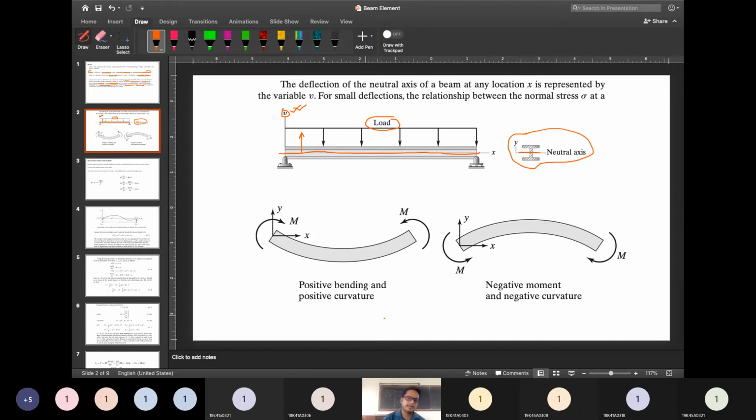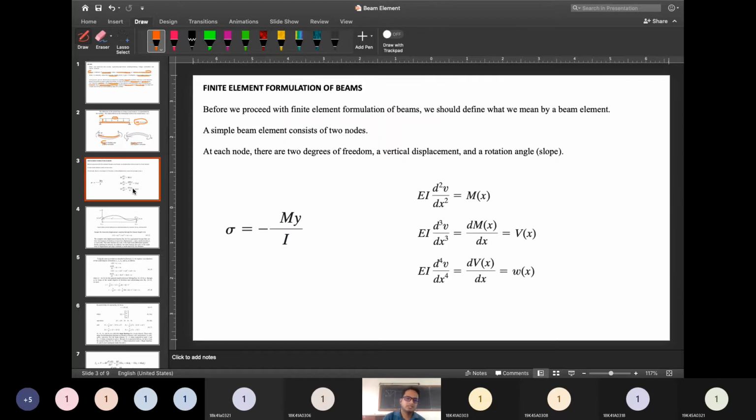Now, this is the sign convention that is normally followed in mechanics: when the beam tries to bend like this, we take the positive sign, and for such a condition we take the negative sign. Like this, the bending equation is derived. These things you have also studied in your strength of materials. I have written these just to give you a small revision.